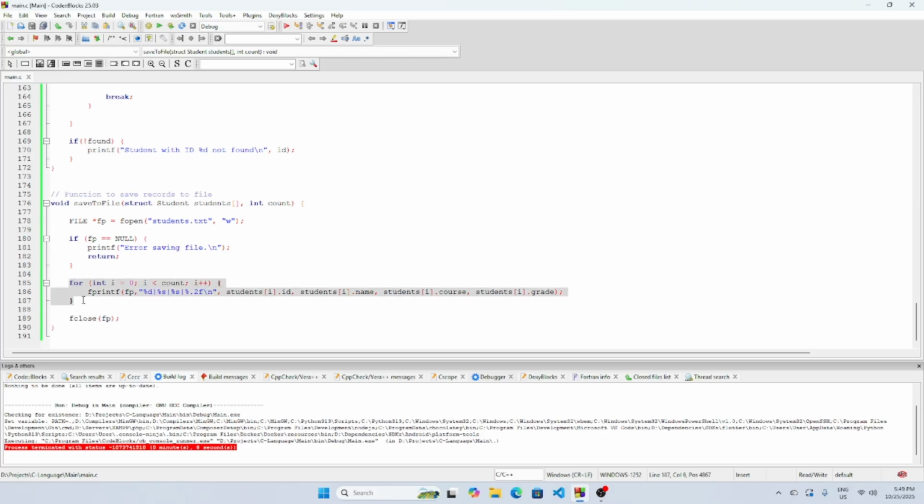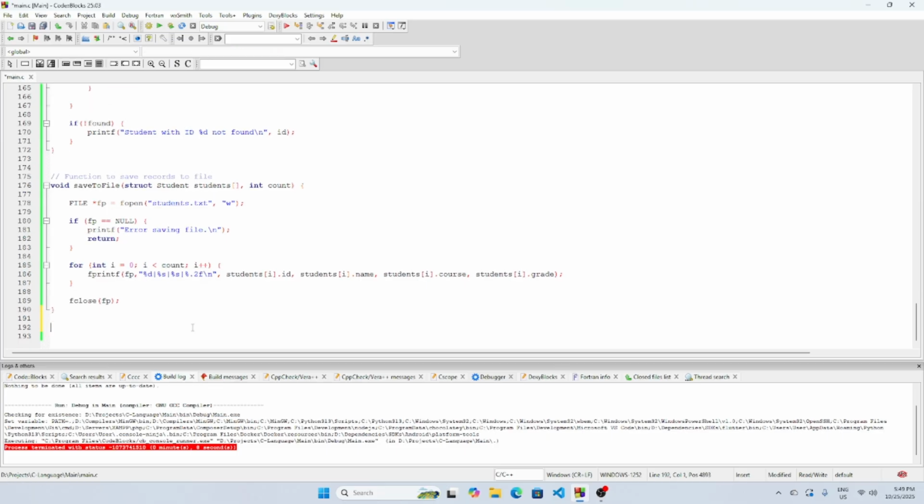Then here in the for loop, we're gonna iterate each of the students, then we're gonna use an fprintf, so it will print a next line for each student record. So once done, we close the file to save the data permanently. So this is the function to save the file. For the load function,